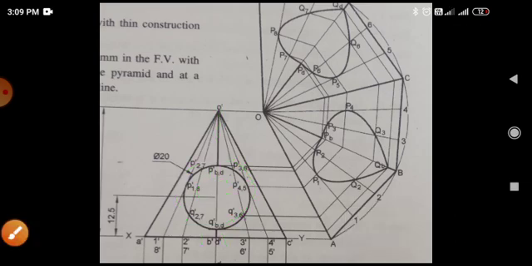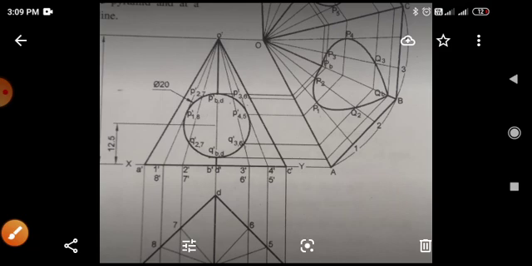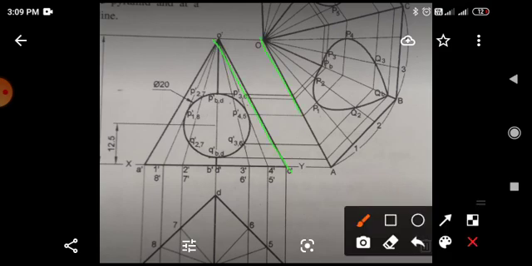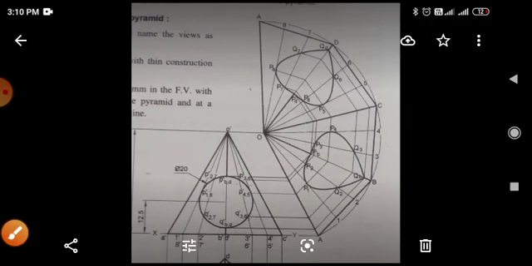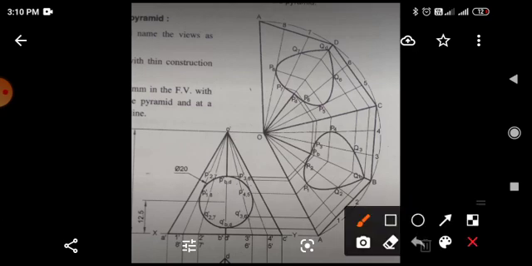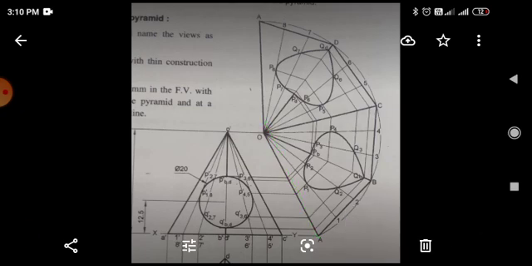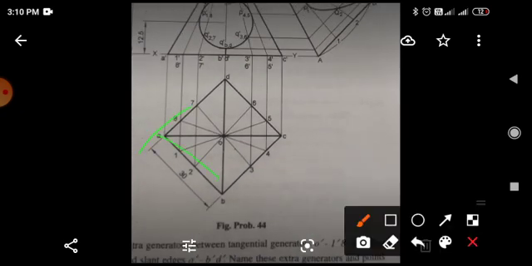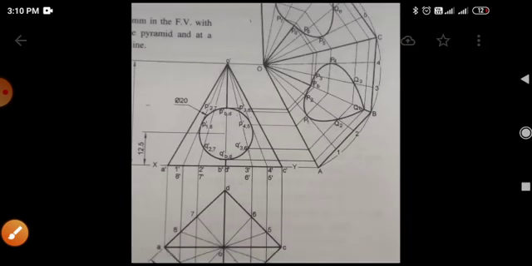Then next thing is what? Again, it is common. You just have to draw a line parallel to this line at a specific distance. It is not mentioned, no clear value is given for that. It may be anything, 1, 2, 3 centimeter, but depending on your problem, you have to manage your space, so take the distance accordingly. Next, what will you do? Then you will take the distance 30 millimeter in the compass and start from A.